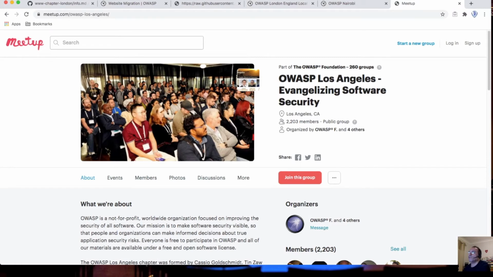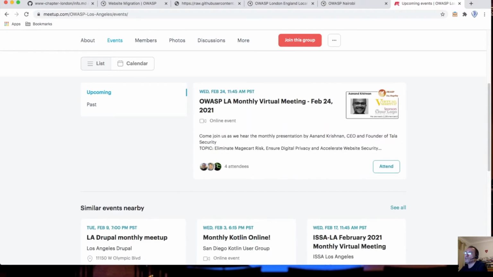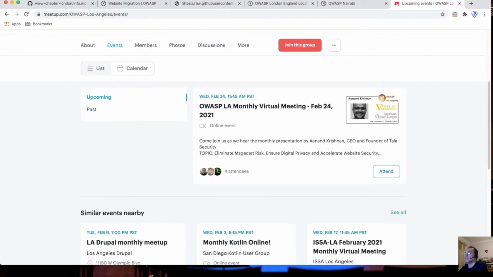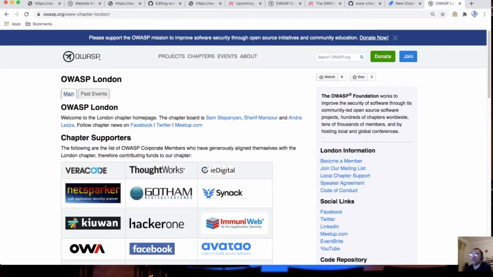This is important because OWASP will automatically scrape the events from the events page of the meetup using the Meetup API to be published on the main owasp.org website, which is, of course, great, because it promotes your events essentially for free on the OWASP website. Let me show you where the imported OWASP events are shown.